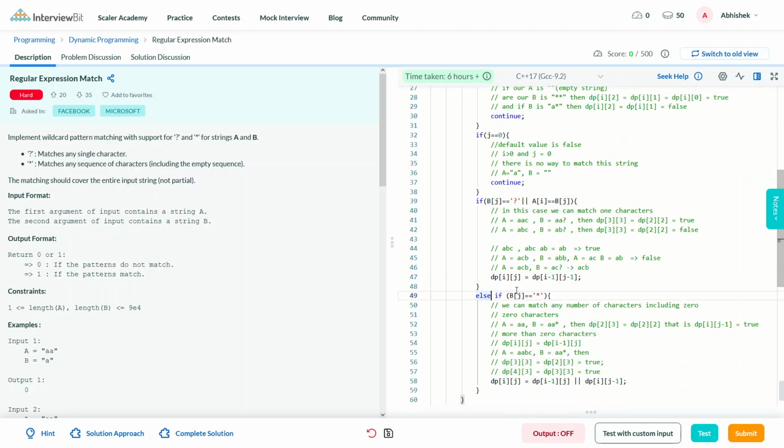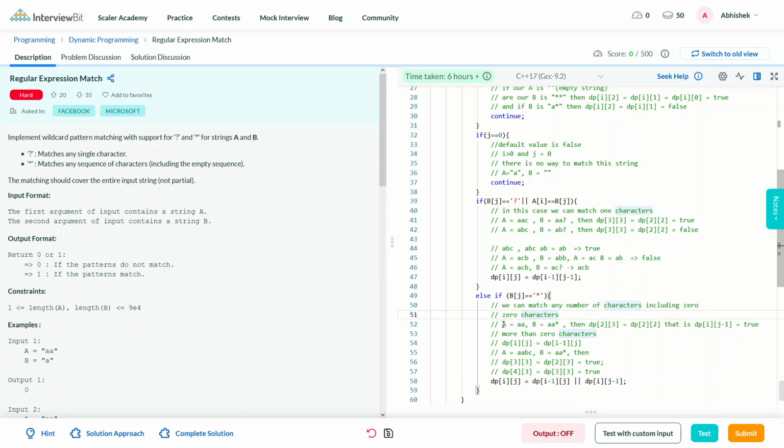And finally we will have a star as the jth character of b. So what we can do is match any number of characters including 0. So if we are matching 0 characters, then what will be the condition? Let's see with an example.